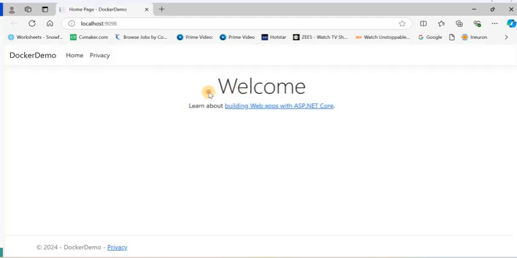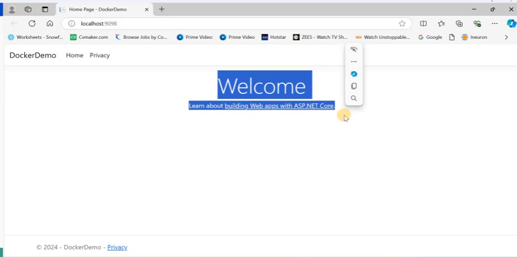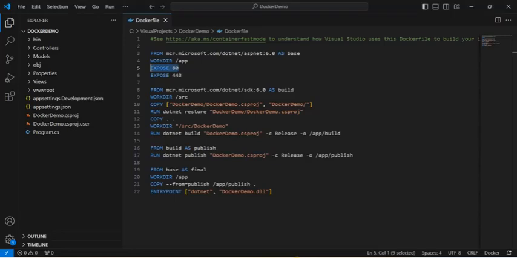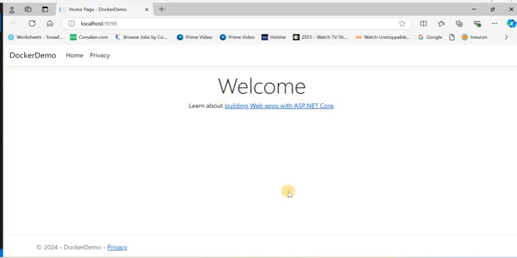That means we have successfully hosted our .NET Core application using a Docker image, and we successfully created a container by using the port numbers and all other details. The complete Dockerfile explanation we already saw in the previous session, and this is how to create a Docker container with the port number, and this is how we run our .NET Core application. In the upcoming sessions we will try to understand how Docker networking works and what the different container network models available are